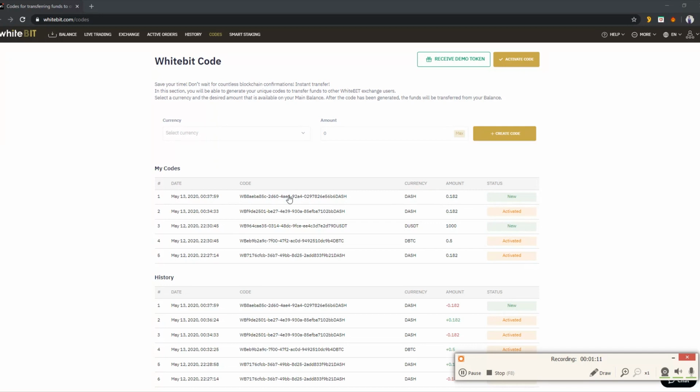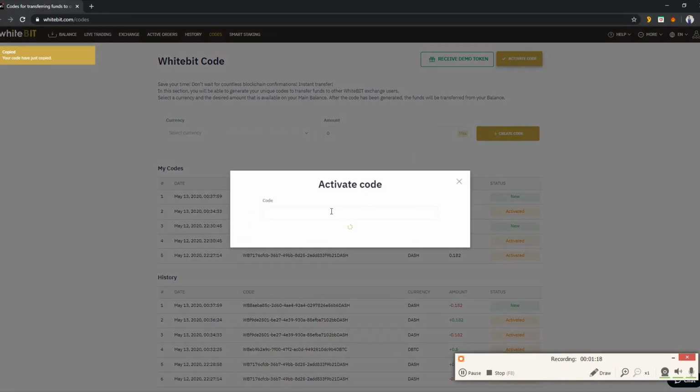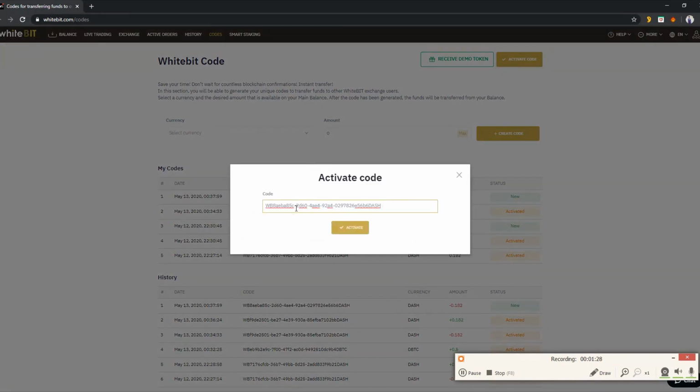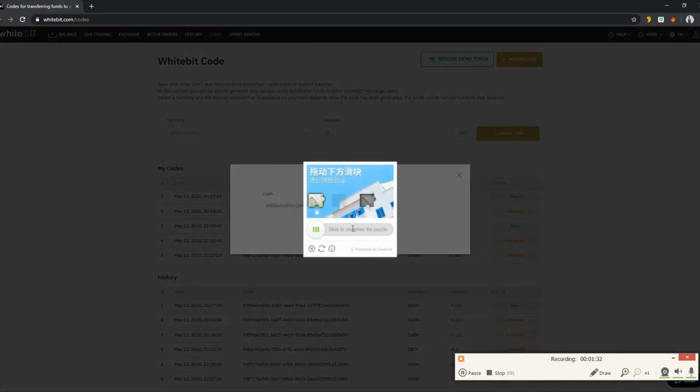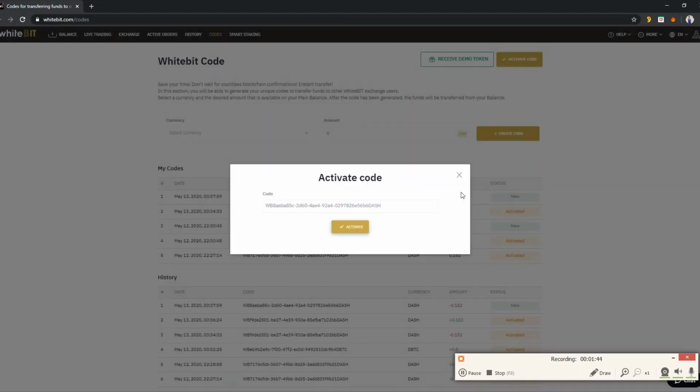Now just click on this code, it will get copied. Click on the activate code, paste your code here and just click on activate. Complete the captcha, and your code will be activated.